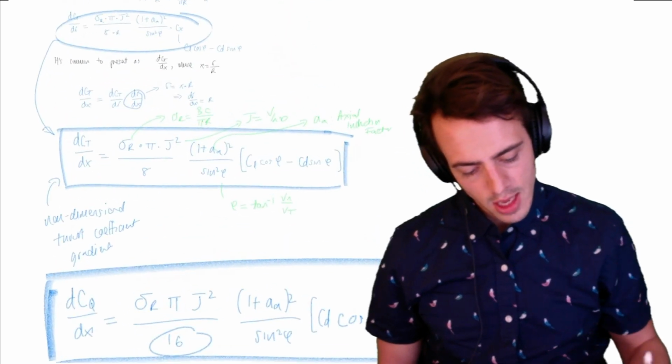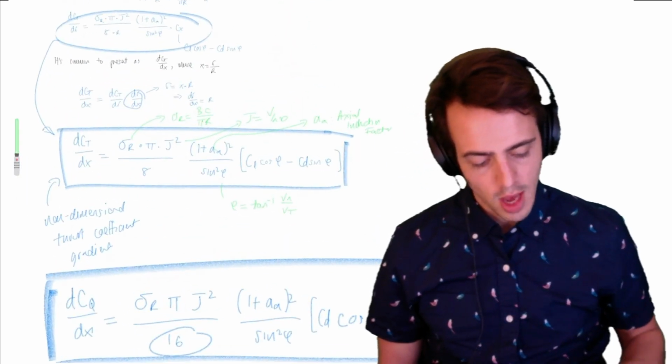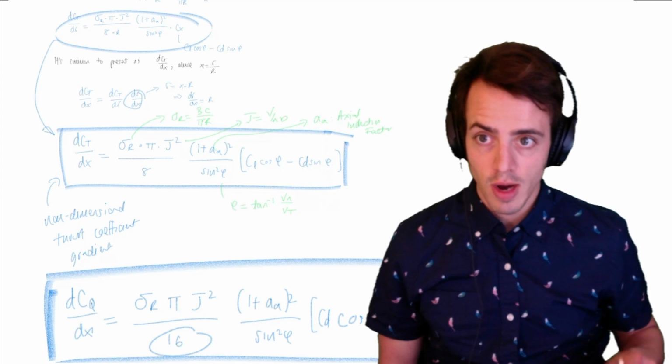We're going to continue with understanding propeller aerodynamics, and we're looking specifically today at how we can determine the induction factors. So we're going to develop the general momentum theory as Glauert did back in, I say 1943, that's when that book was published, but Glauert obviously wrote it a few years earlier than that. So where we got to yesterday, we derived the thrust coefficient gradients, the non-dimensional thrust coefficient gradients, and I said